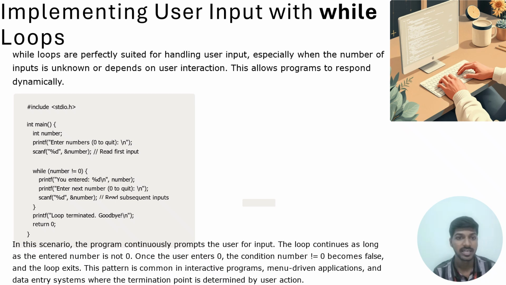#include <stdio.h> int main() { int number; printf("Enter numbers (0 to quit): "); scanf("%d", &number); // read first input while (number != 0) { printf("You entered: %d\n", number); printf("Enter next number (0 to quit): "); scanf("%d", &number); // read subsequent inputs } printf("Loop terminated. Goodbye!\n"); return